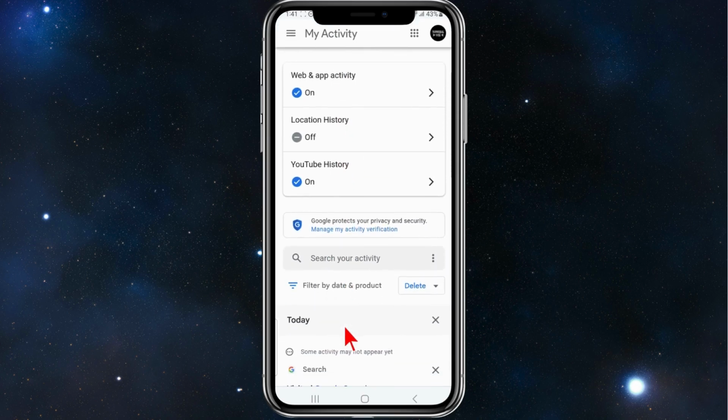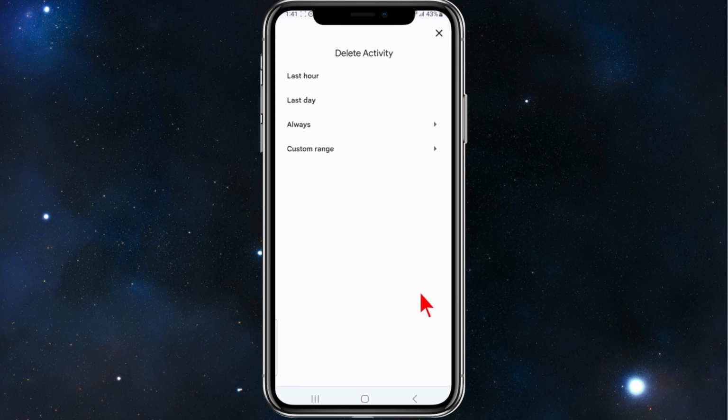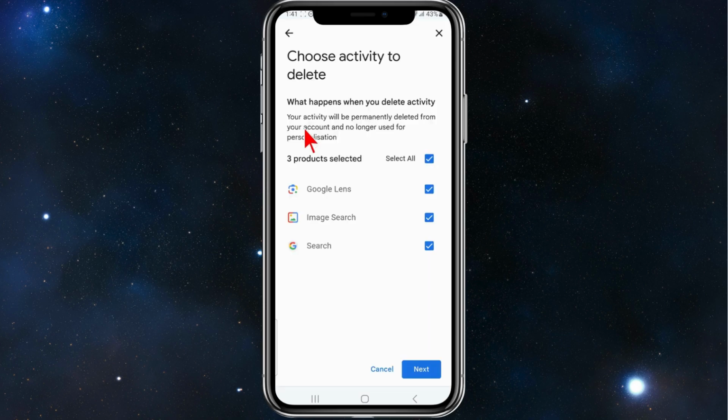And then scroll down where it says filter by date and product, click on delete, click on always, and then here you'll have a list of all your apps that you can delete the history. But in our case, click on select all to deselect all the apps, and then reselect Google Lens, and then click on next,